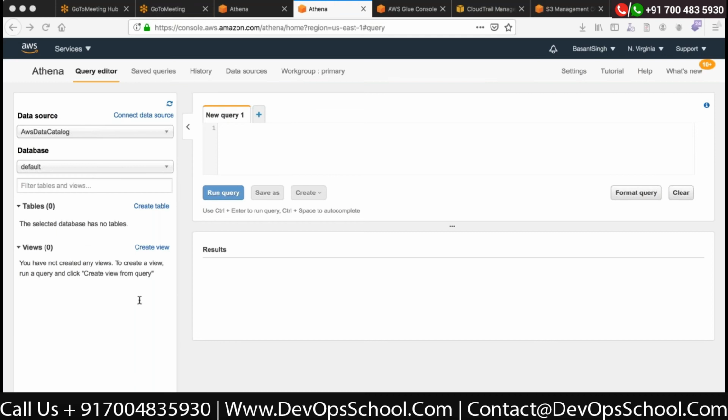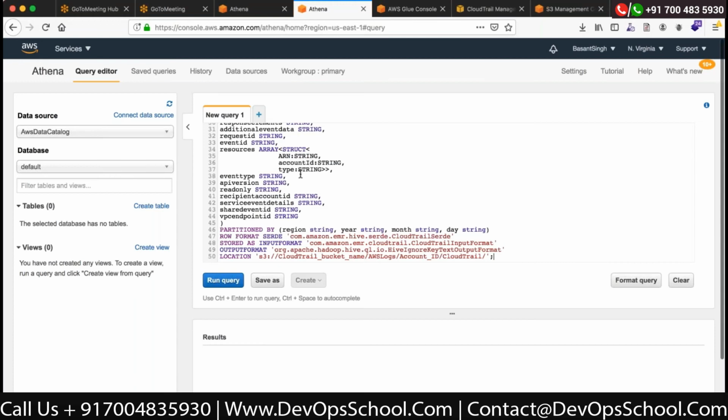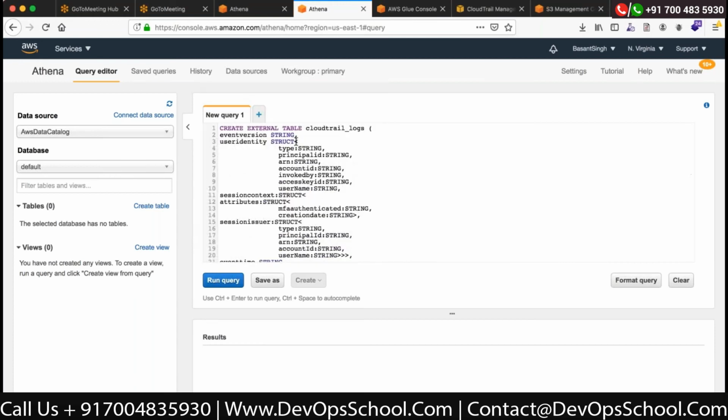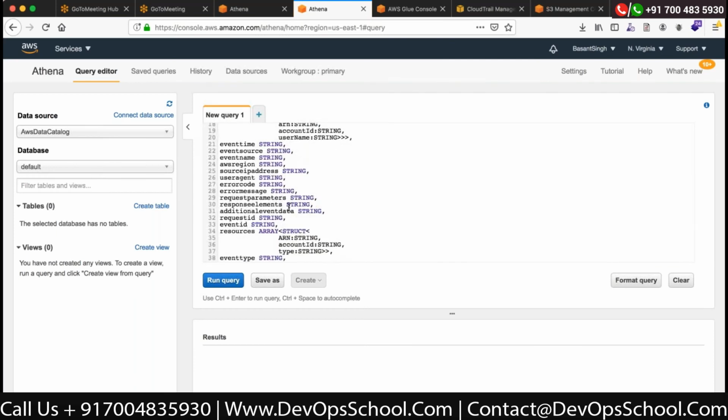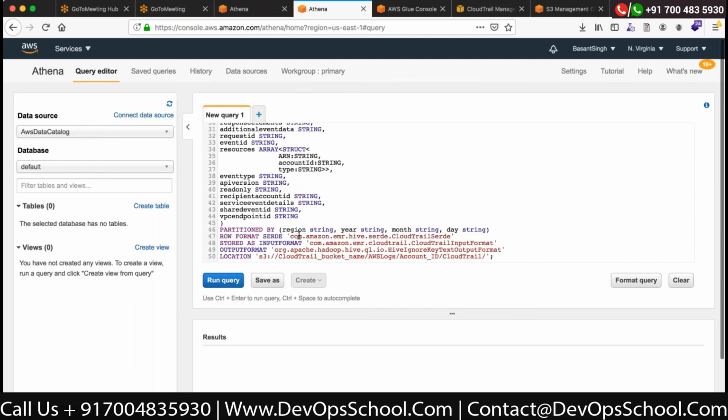For example, if I know the structure already by myself, I can write the query like this. Say there is an event name, an event version, a user identity. If I know the structure, I can write the whole thing like this. Over here I'll say region, format, Amazon, all things remain the same. Only the location you have to give, where your data resides, the location name, and tell the